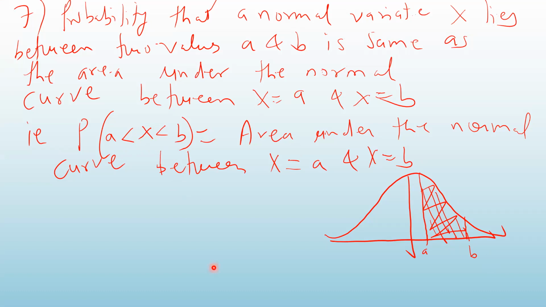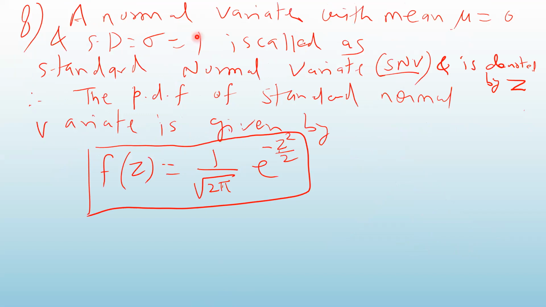Now, for different values of mean and standard deviation, you will have so many curves. How many areas can they provide? It is not possible. Each problem will have a different mean and different variance, different standard deviation. So what is done? They have defined a term called standard normal variate. The areas in the table are given only for the standard normal variate, that is, a normal variate with mean equal to 0 and standard deviation equal to 1. Such a normal variate is called a standard normal variate.